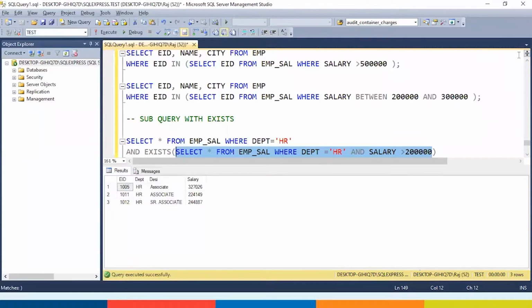Let me execute the inner query. I'm getting 3 people whose salary is more than 200,000. Let me execute this entire query.